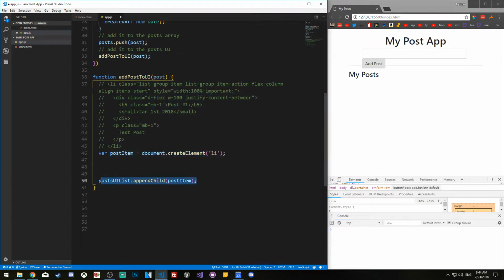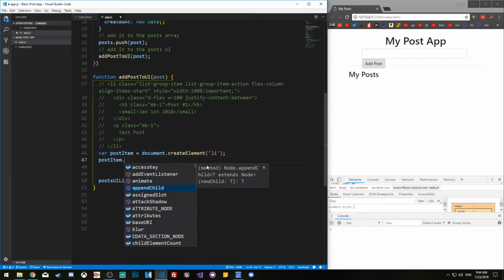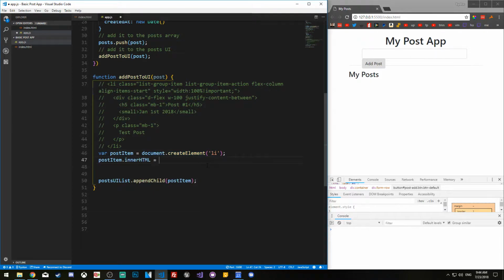Whenever you're adding HTML, you can add HTML in a couple ways. First of all, this is one of the ways. You can create a new element and then you can append it as a child. Another way is to say post item dot inner HTML equals, and then we can put a string here. So we could say hello. And if we add posts,